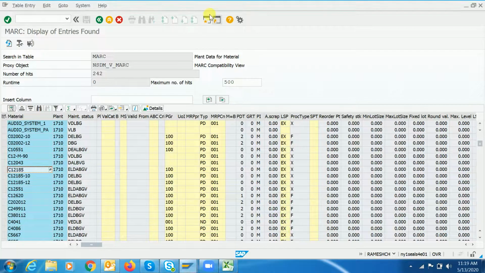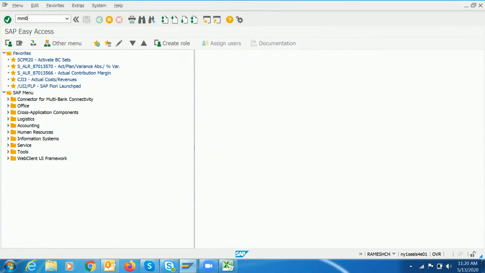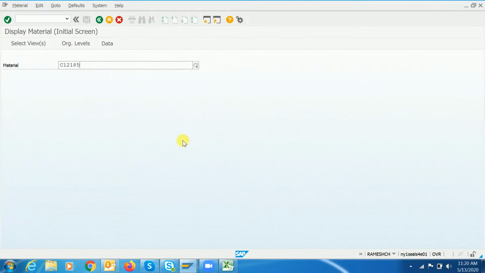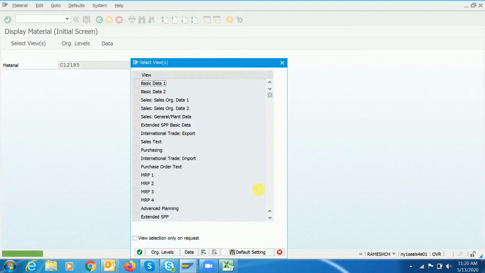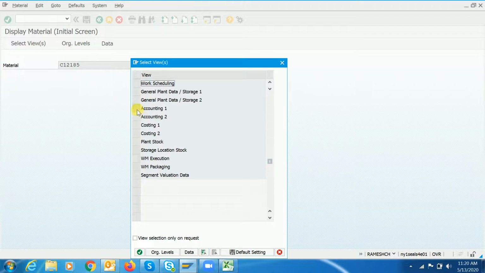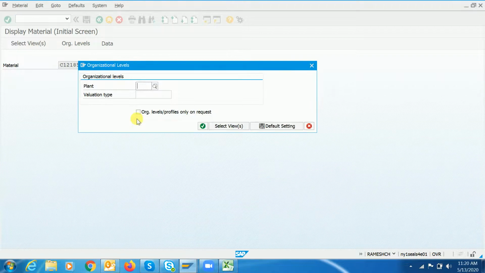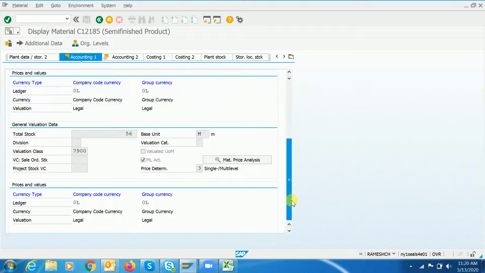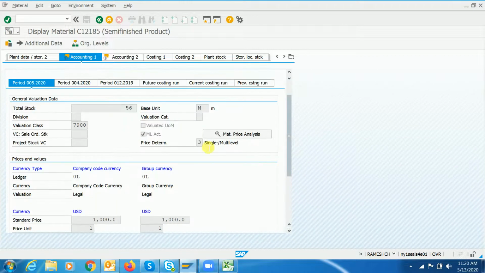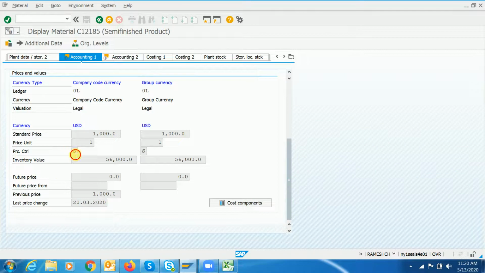Let me check the price control we have maintained in the material master. See guys, here I have maintained price determination 3. Obviously it should be S itself.